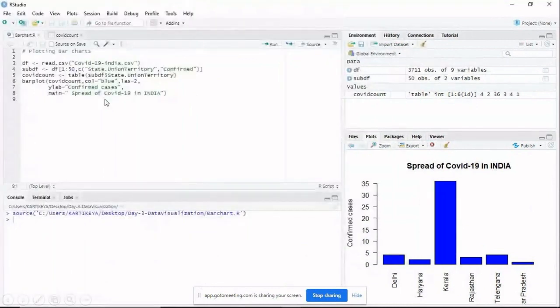So remaining things are same. If I want to give the title for your bar chart, we can give that main = "Spread of COVID-19 in India". We have given that title, and for the y-axis we have given ylab = "Confirmed cases".